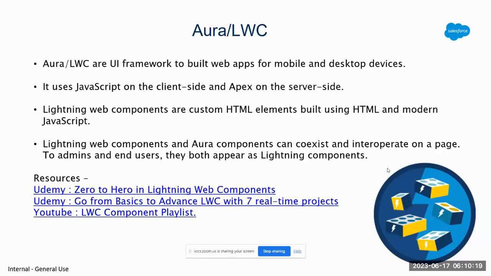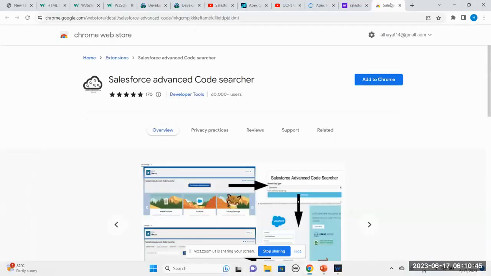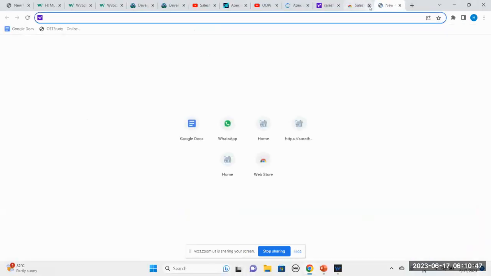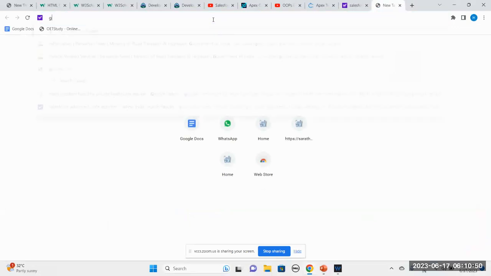Yeah, but that is another thing. If you want to be a specialist, an LWC specialist or a complete developer, always start with Apex. That is something for a developer. Apex is important. Then you can go further into UI development, front end development. If you want to learn this, then for LWC, this is the best one: Udemy, zero to hero in Lightning Web Components. I will show you. They have basically two courses.